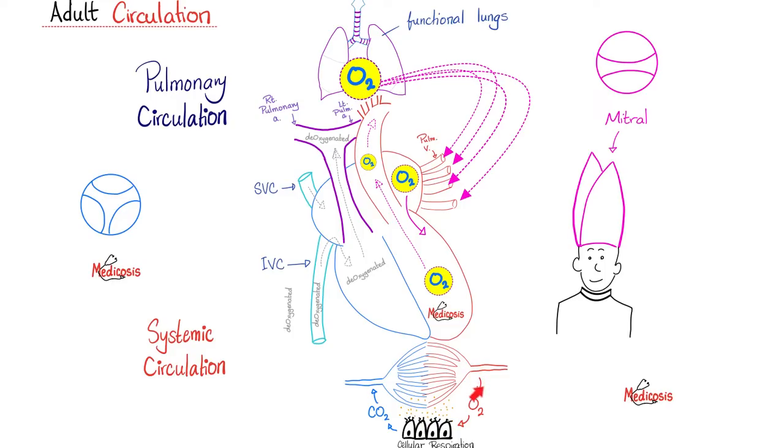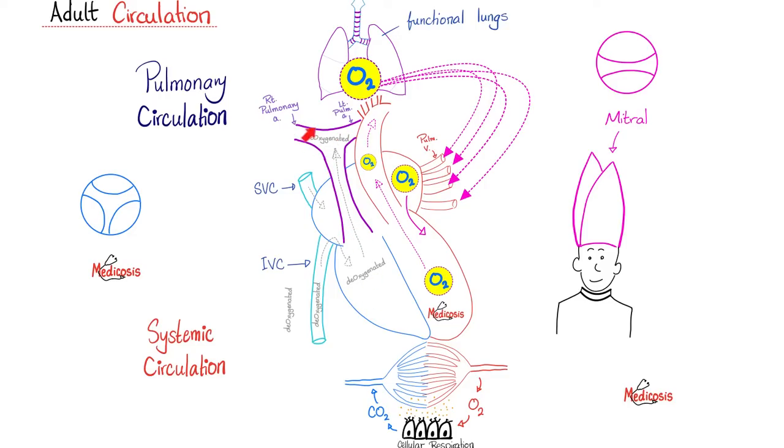Each cell will take the oxygen in and the nutrients from the arterial side and dump the carbon dioxide and the waste products onto the venous side. Hashtag internal respiration, hashtag cellular metabolism. This deoxygenated blood on the venous side is going to return back to the right atrium. The deoxygenated blood will pass from the right atrium to the right ventricle through the tricuspid valve. Then the deoxygenated blood will be ejected from the right ventricle into the pulmonary trunk through the pulmonic valve, then